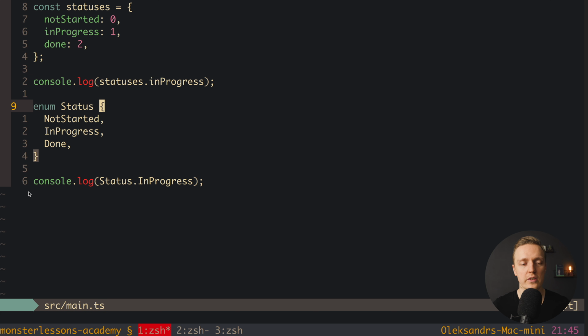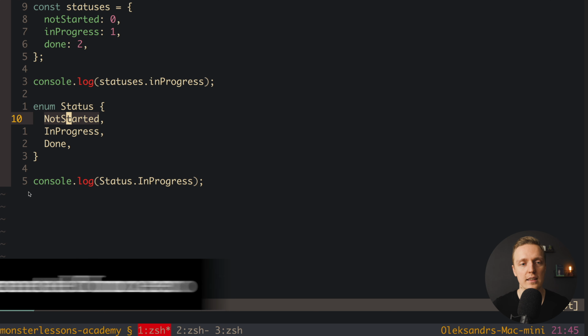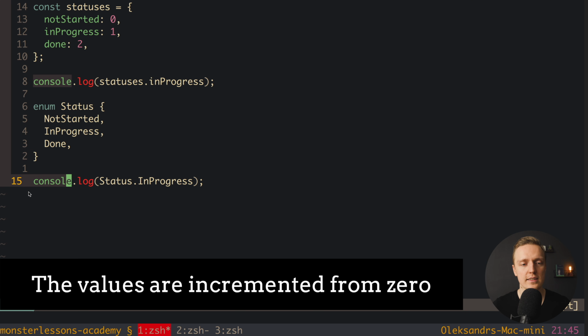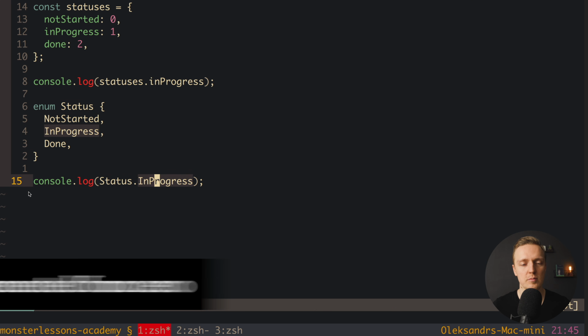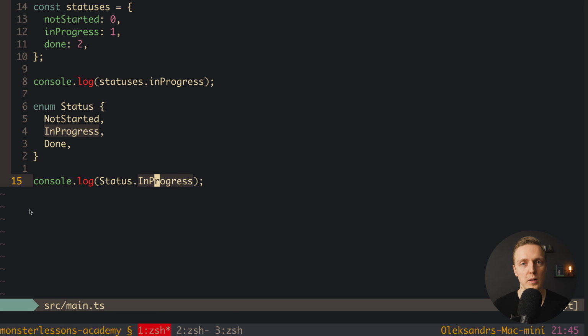So we created the enumerable Status, and inside we have 3 properties. This works exactly like a plain object, where these are keys, NotStarted, InProgress, Done, and the values start from 0, then 1 and 2. In this case, we can write Status.InProgress, and we're getting 1.